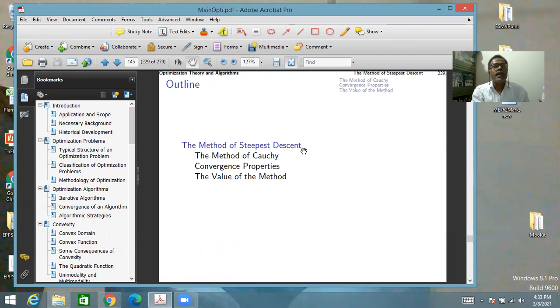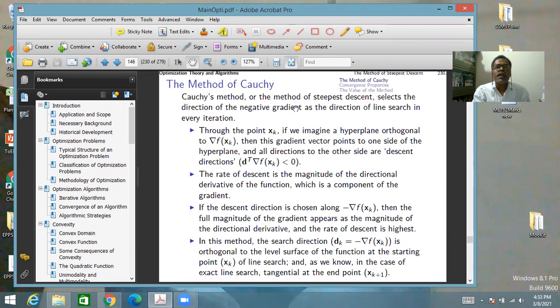Okay, in this lecture, we will study the steepest descent method, the first method in our plan, which uses the gradient. Cauchy's method, the steepest descent method, selects the direction of the negative gradient as the direction of line search in